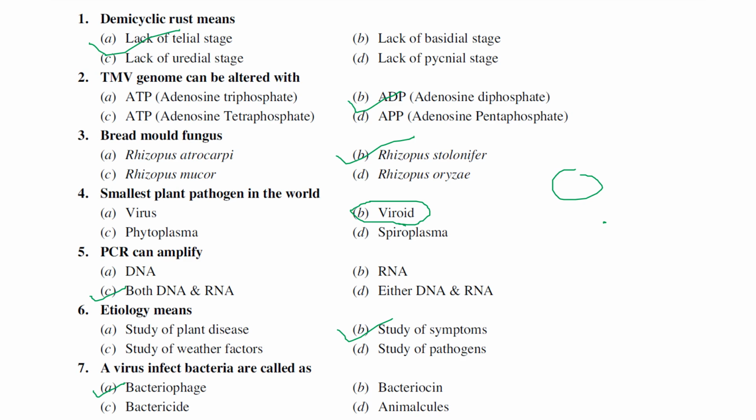Bacteriocin means a proteinaceous substance, or chemical, produced by bacteria which kills closely related strains of bacteria. Or you can say toxins produced by bacteria that can kill closely related species. Bactericide is like the general terminologies fungicide, viricide: a chemical which is used to kill bacteria, but the commercial availability of bactericides is very limited.